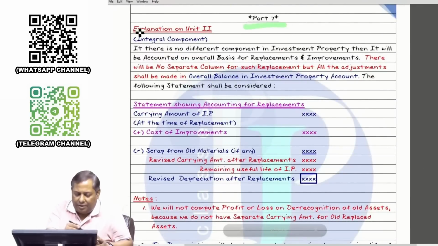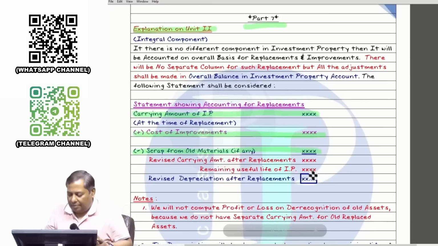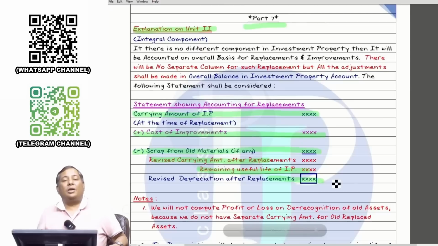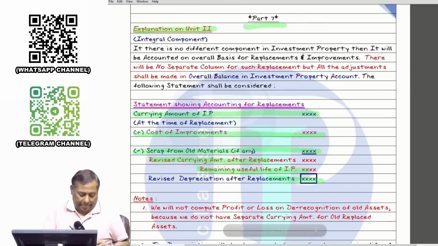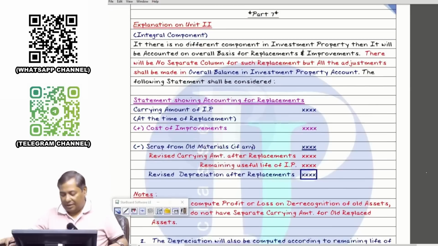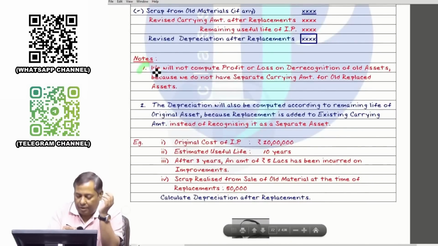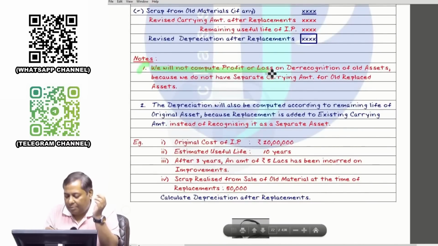Now 7th video, look, unit 2 is here. IP's carrying amount, add the expenses you've done, subtract the scrap value, that's your revised carrying amount. Take the remaining life, there's no hassle when there are no different components. There's no conflict, understand? Plus and minus, do it in same column. Take notes. First, we will not evaluate any P&L on derecognition of old asset because we do not have any